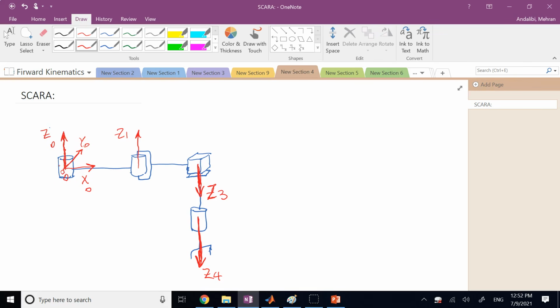So this is my base frame. Now let's go to frame number 1. If you see, the Z's here are parallel, the two subsequent Z's are parallel. So O1, the origin of frame 1, can be chosen anywhere arbitrarily along this